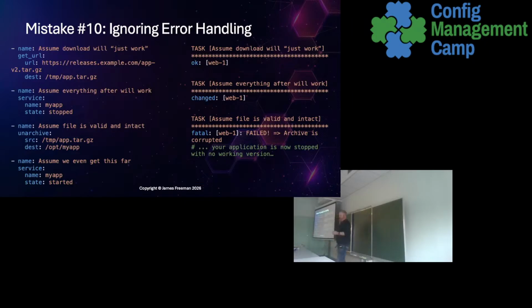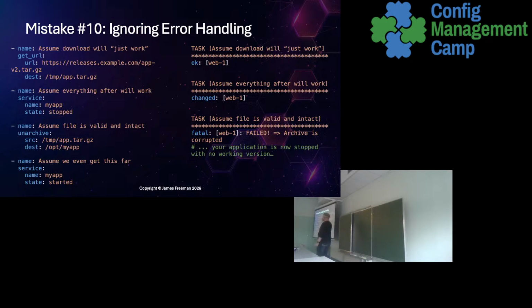And the final one, before we get into the solutions for these, ignoring error handling. Now this one is a little bit more subtle. This is more subtle than the idempotency piece. So, again, if you're running this for yourself like a home lab setup, maybe you don't need to think about this so hard, because it's like, okay, this is my server, if I break it, I'll withstand the downtime, I'll fix it. In a work environment, in something where other people are depending on it, it's a little bit of a different story. So what we've got here is a very simple example over on the left.